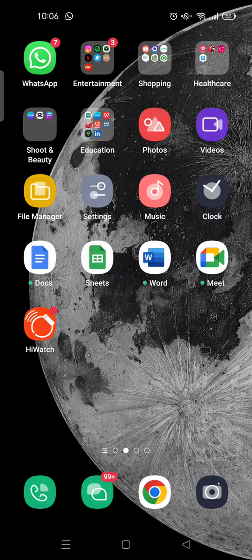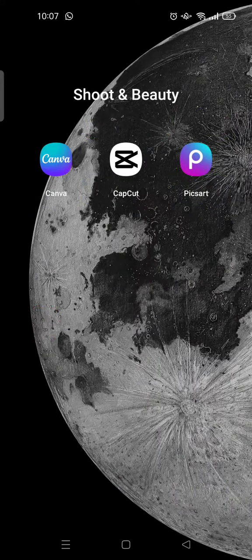In this video, I'm going to show you the dust texture edit on Picsart. So if you want to add some dust effect on your photo, I'm going to show you how. Just follow these steps. First, open the Picsart app on your phone,